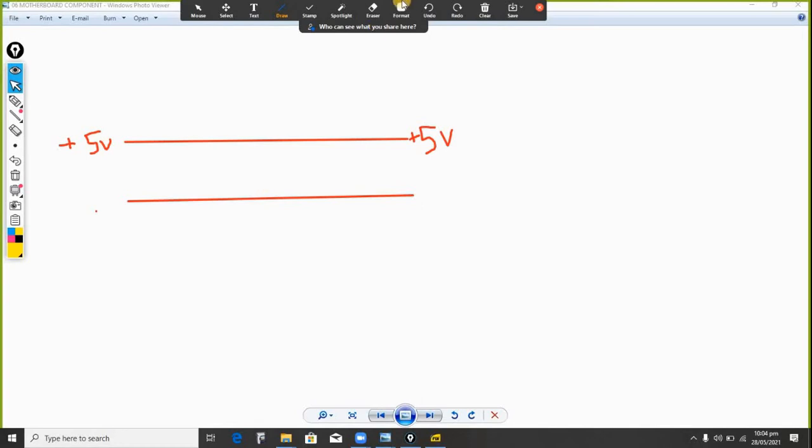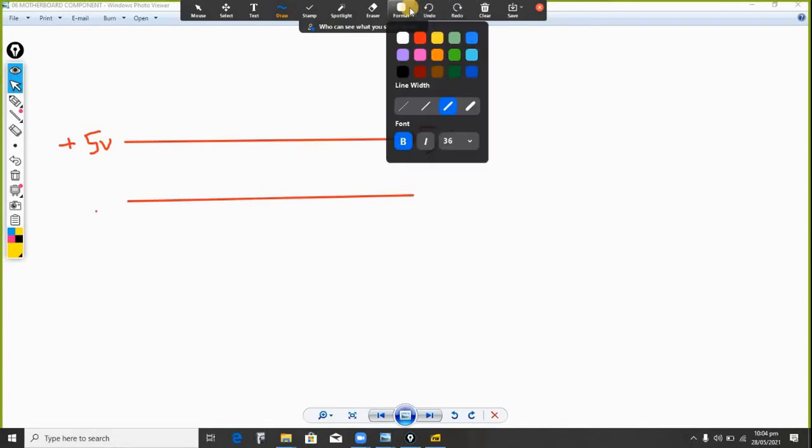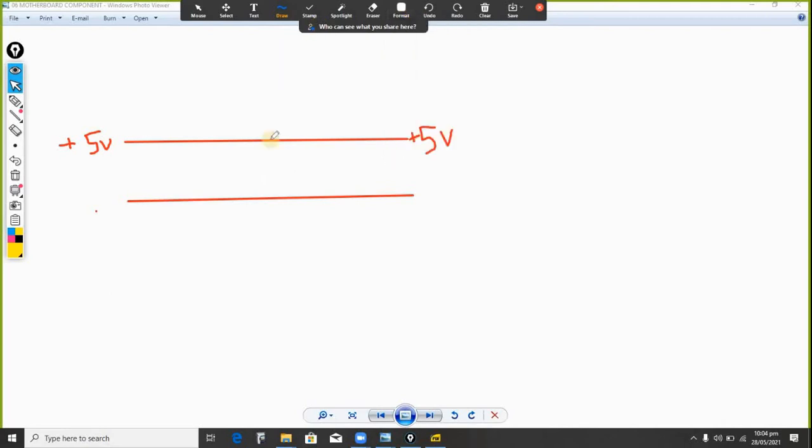Let's assume I have 5 volts on this line. If nothing is interfering in between this line, I will have a 5 volt at the other end. But in a case whereby, sorry, I have the same straight line, but this time around,